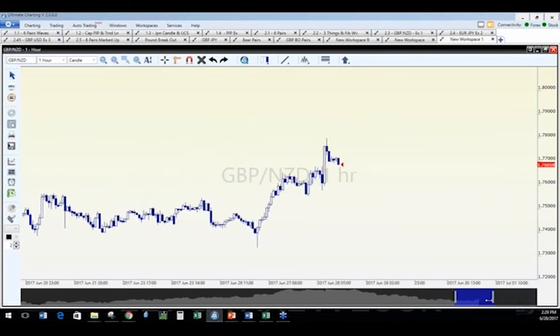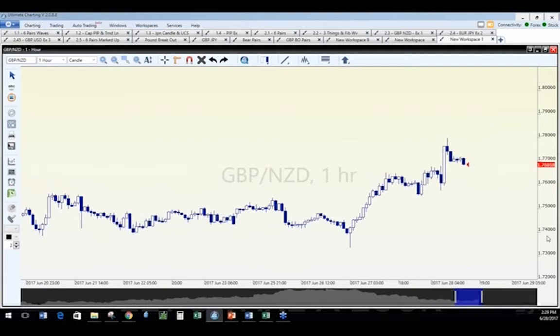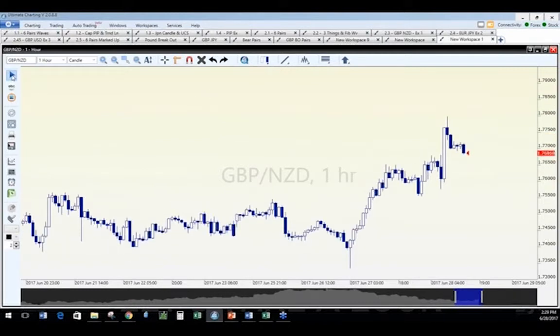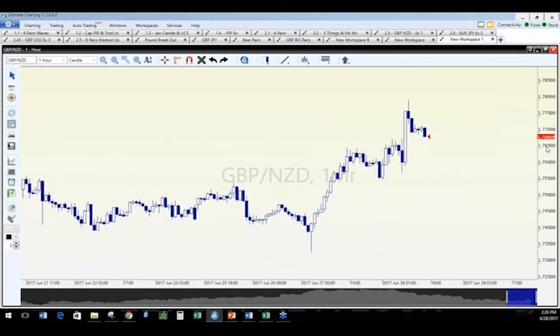Now, all I'm doing is just spacing this to make it a little bit easier to see for everybody. So hopefully you can see this. On the right-hand side of the screen, you see these numbers, okay? And what these numbers mean, let's look at 1.75. What this means is it would take 1.75 New Zealand dollars to buy 1 British pound.